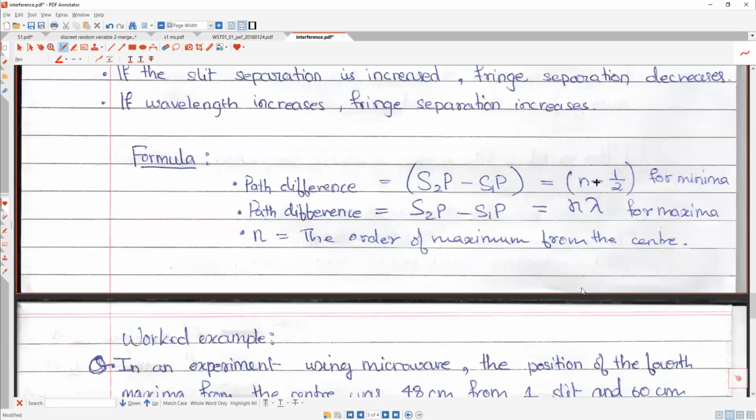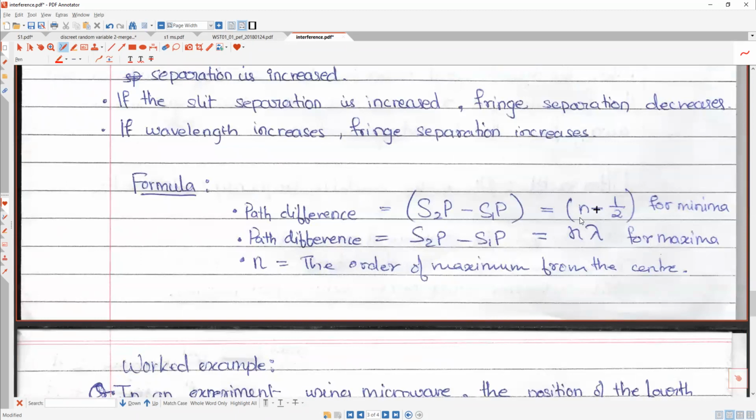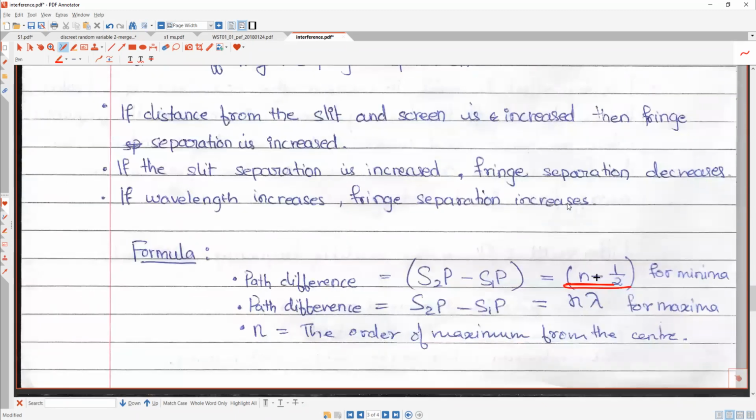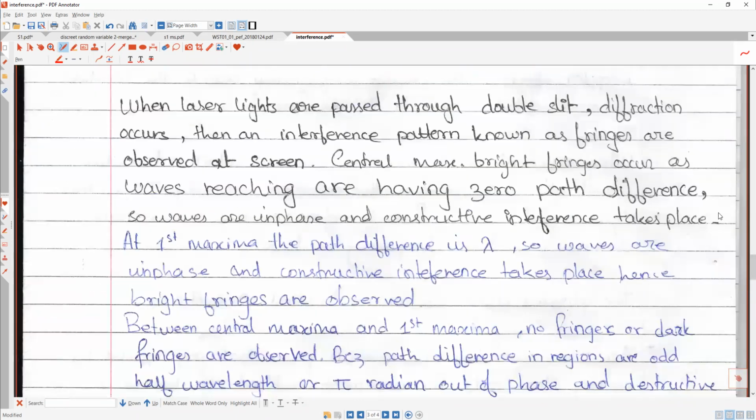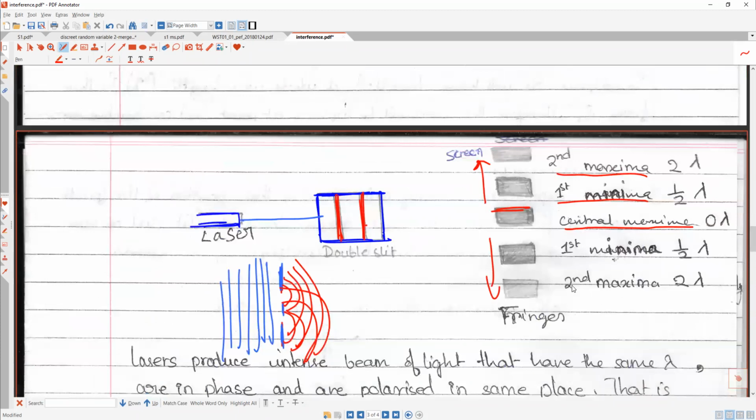If you write it down somewhere, you just write n plus half lambda. But I always do it minus. Actually, this comes correct. I don't know why. I'm going to explain this later. First, let us go ahead now. What's happening? You guys can label this now. You guys learn how to label it.